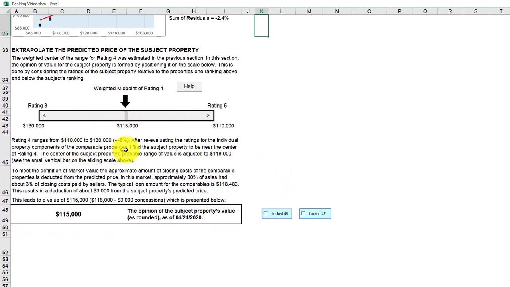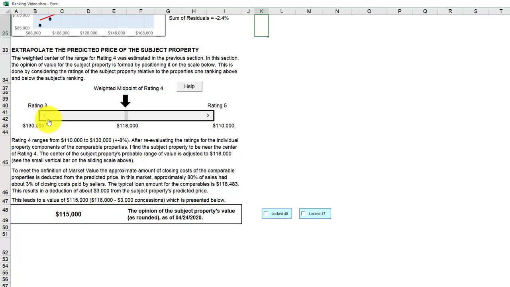And this would allow the appraiser to also step in. There's a help button to help. Or if I thought, well, I think that's a little high, I could use this arrow to make it a little bit lower. You see the 115. Or if I thought it was a little bit low and I had reasons for it, I would jump it up until it changed. I don't see it changing down here, but it should change.